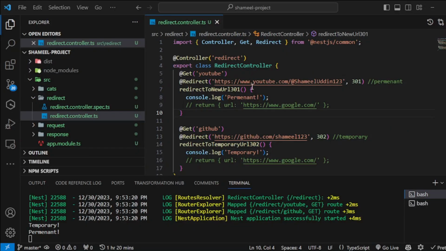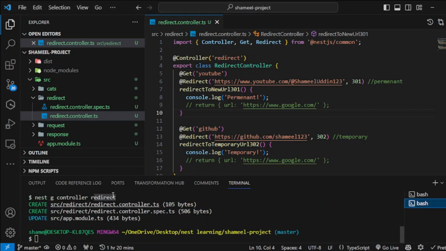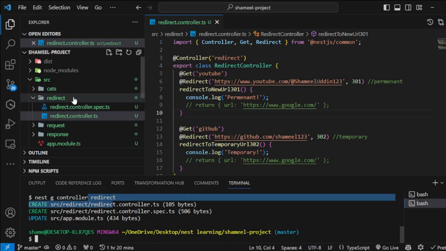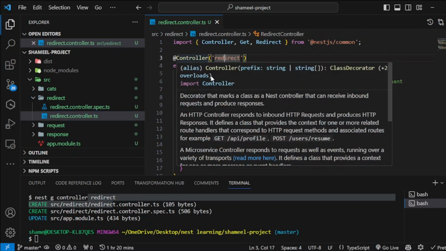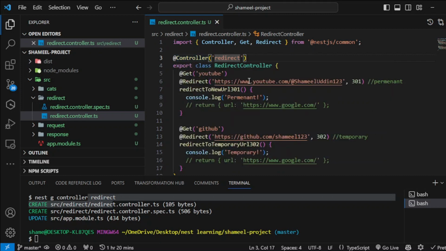The purpose of this video is to understand how to perform both of these types in our Nest.js ecosystem. Before we start, what I have done right now is created a new controller, which I showed you earlier as well: nest g for generate, controller, and redirect. You can see I have a new controller here as the redirect.controller.ts file. Here I have defined one method, getYoutube, which would redirect the user to my YouTube